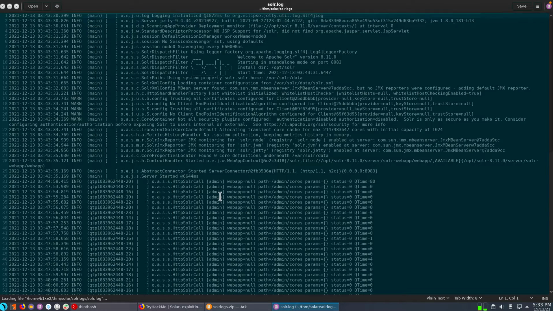And we see we can open it by a simple gedit. So I just use gedit to open it. So I open the solr.log, and